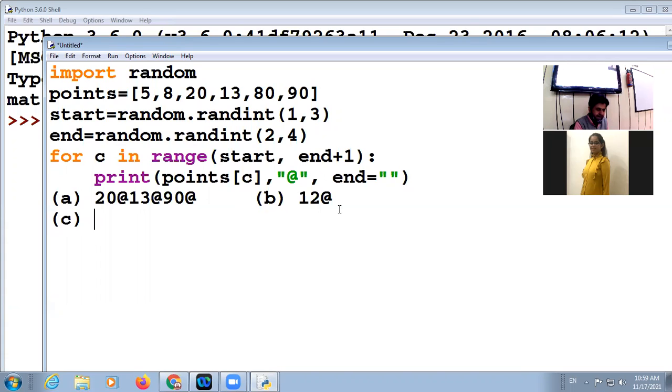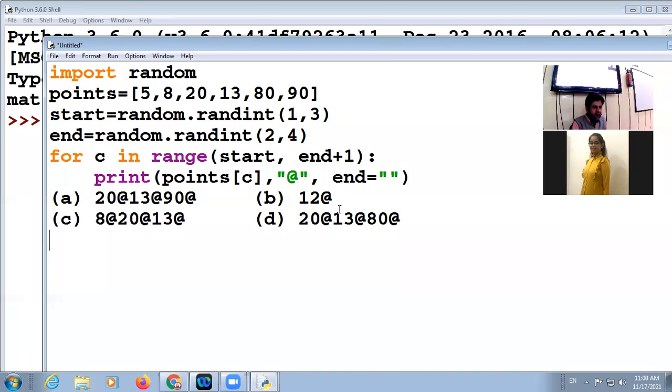Option C: 8 at the rate, 20 at the rate, 13 at the rate. Option D: 20 at the rate, 13 at the rate, 80 at the rate. So these are the options given.